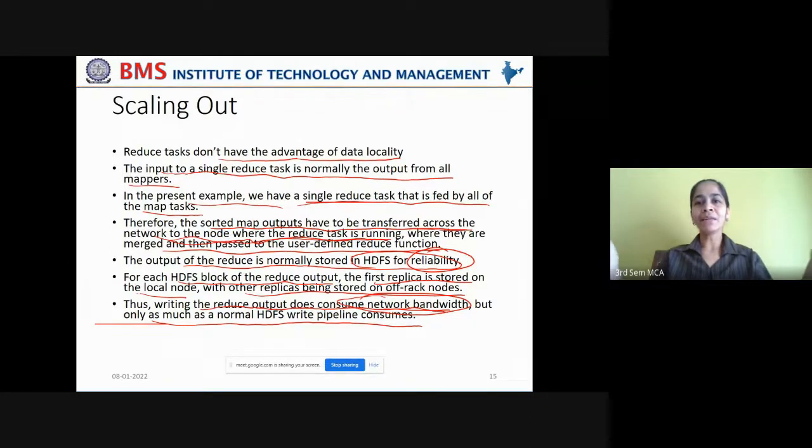It is writing the consolidated result, which is much smaller compared to the entire data set. The final processed result is much, much smaller than the entire initial data set. So it consumes only the extent of bandwidth of a normal HDFS write pipeline.